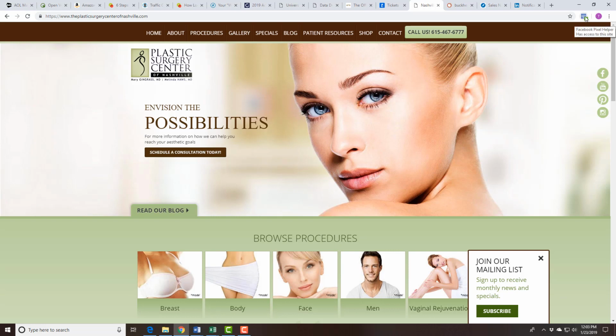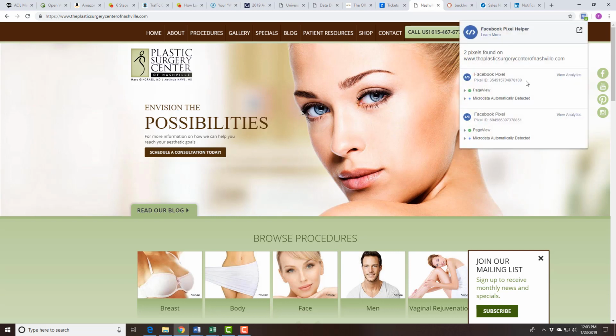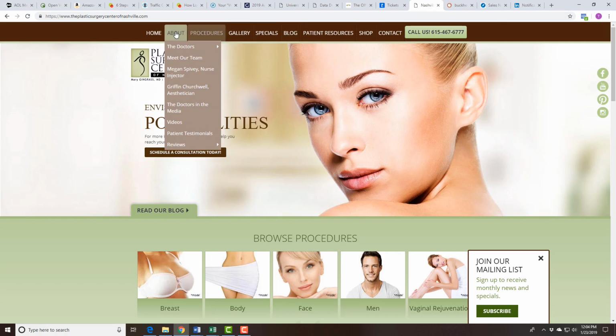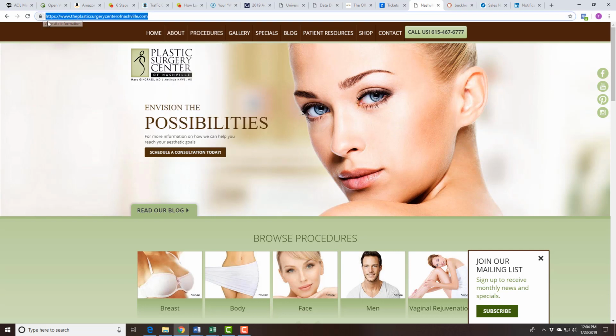And when you see that little number here, you can actually click on it, and you can see some pixels that they found. All we want to do is, first of all, look at this little icon up here, and if a number appears on it, we'll see one in a minute that doesn't, then this is one to look at. All right. The second thing we want to do is to copy the URL, and the second tool we'll